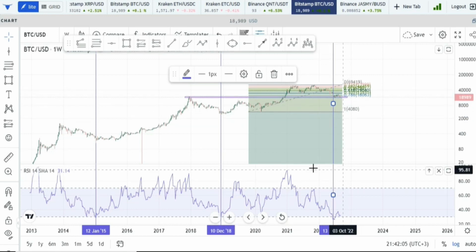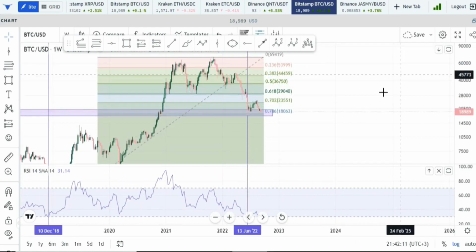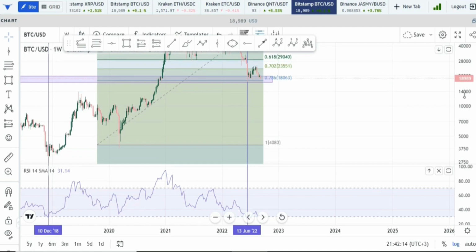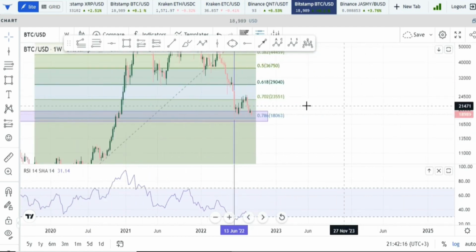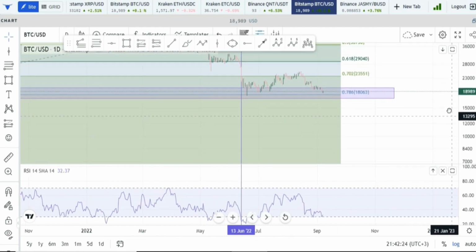So we'll be looking to see what happens really, but you'll start to hear my tone change if we start making new lows here on the Bitcoin price. But at the moment, I don't think we are going to be making new lows. I'll actually go to the daily time frame. So yeah, on the Bitcoin price,